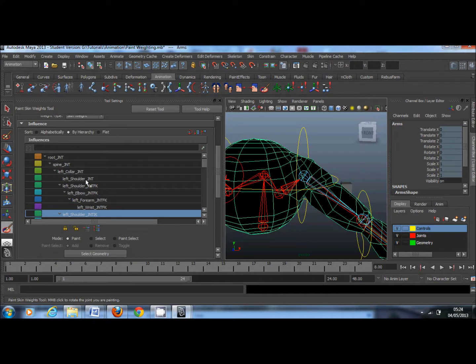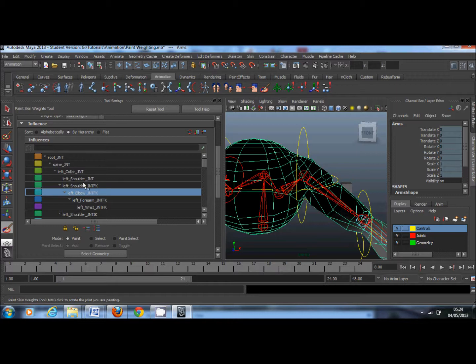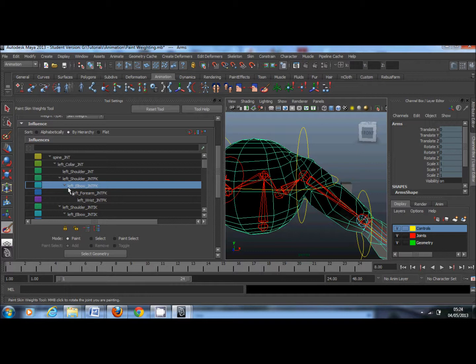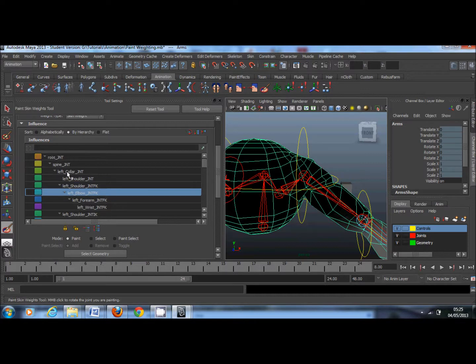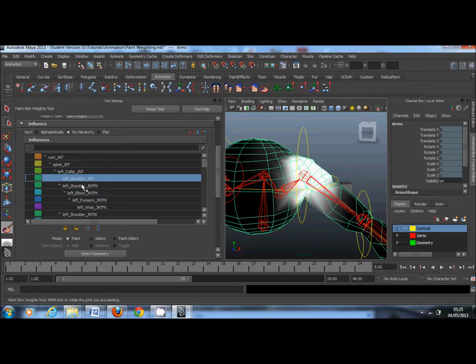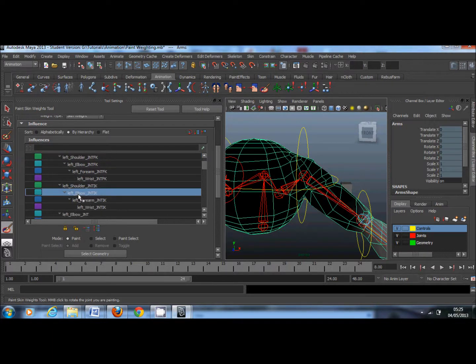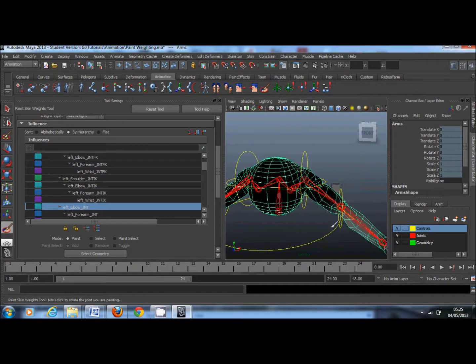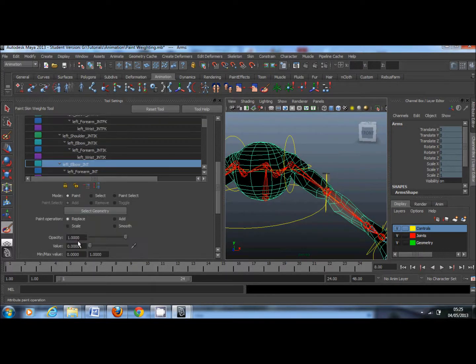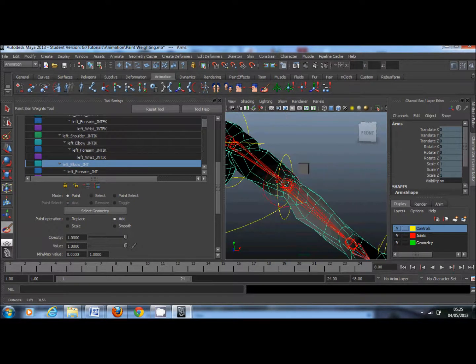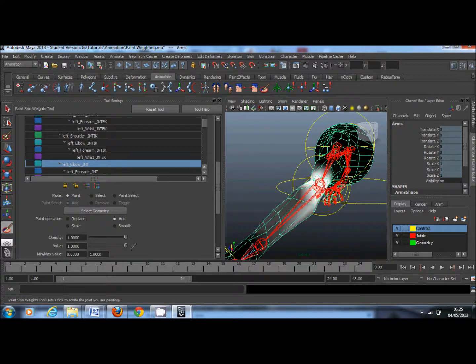So we've got our left elbow joint. We don't want FK. We simply want our left shoulder joint. So there's our left elbow joint. So what we need to do now is replace the word replace with the word add and change our value up to 1. And then we want to paint on the elbow where we want